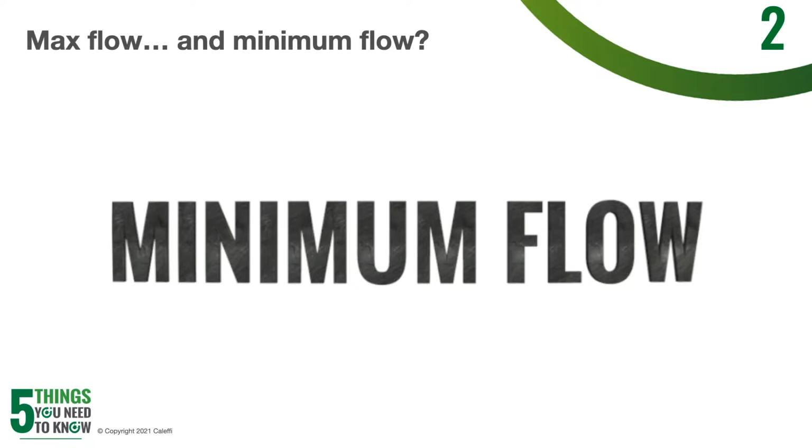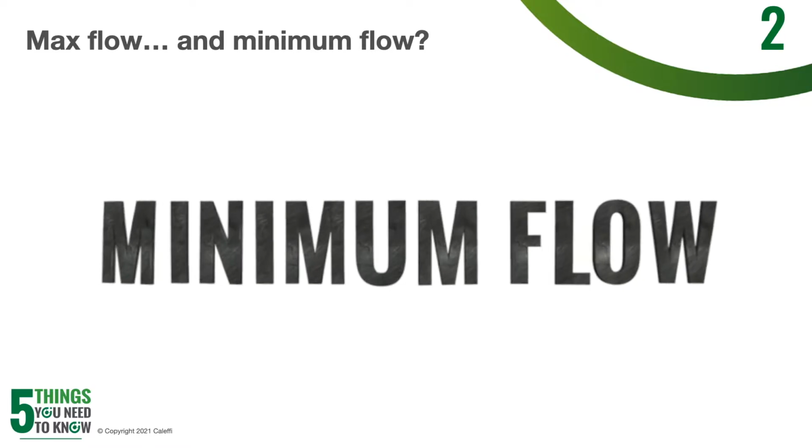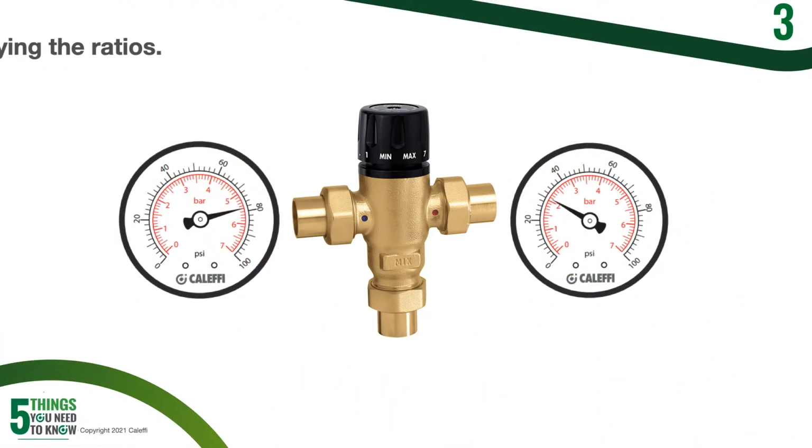One way to do this is actually to use your constant recirculation system for your domestic hot water and size that to meet the minimum flow requirement of the mixing valve. Proper recirculation sizing and piping can make up for that minimum flow rate and provide reliable operation at low flow conditions. Another thing to consider is going to be your system pressures,